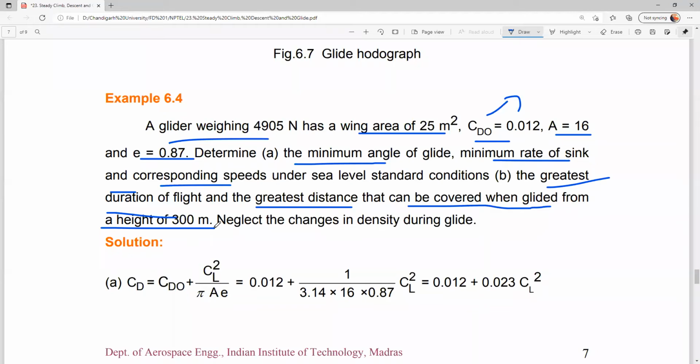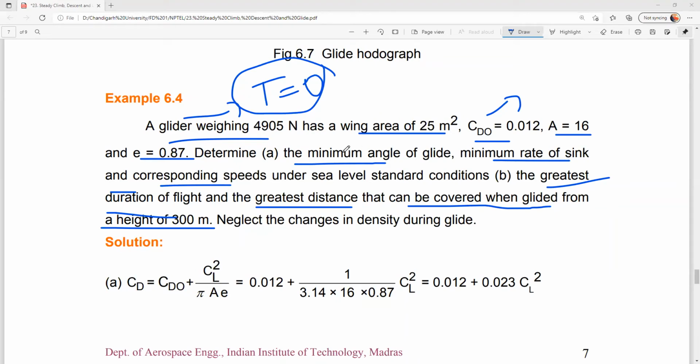So first of all, we are going to solve a problem for a glider, so you can automatically write thrust is equal to 0. See, here they have mentioned glider. Some gliders are powered also, so they will mention powered gliders. For powered gliders you cannot use thrust is equal to 0, only for the normal glider which does not have an engine.